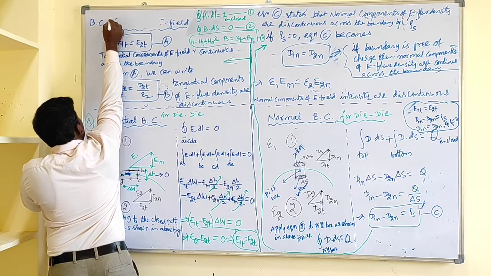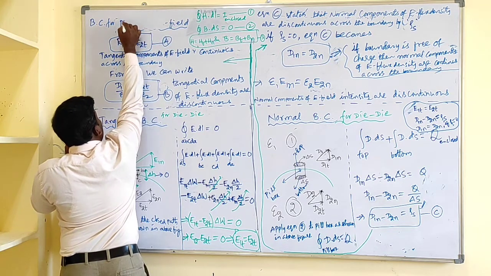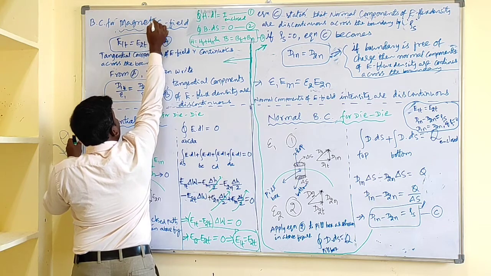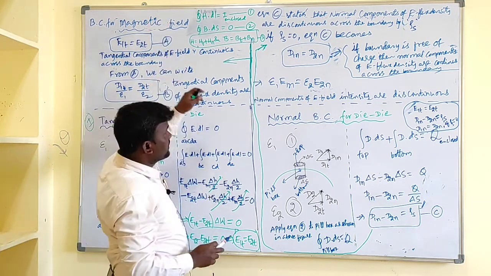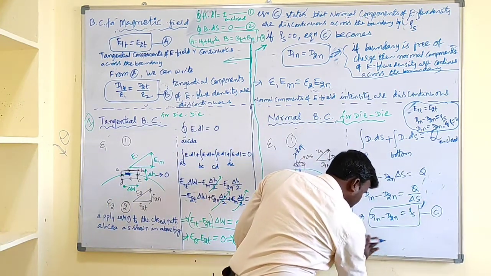Boundary conditions for magnetic field. Okay. So in the previous case, to derive the electric field boundary conditions, we need to